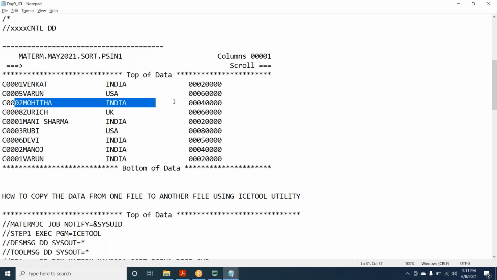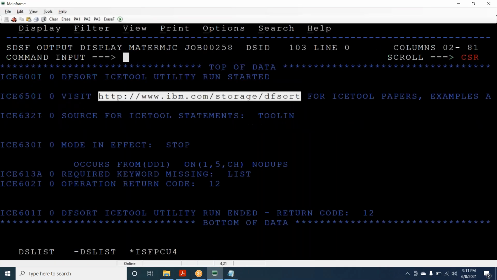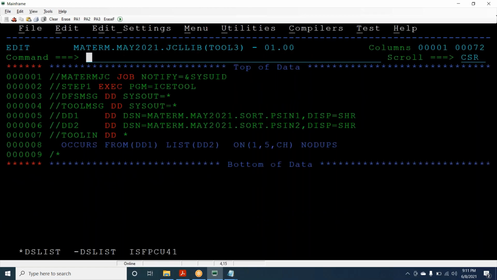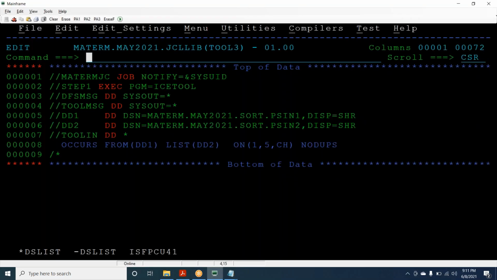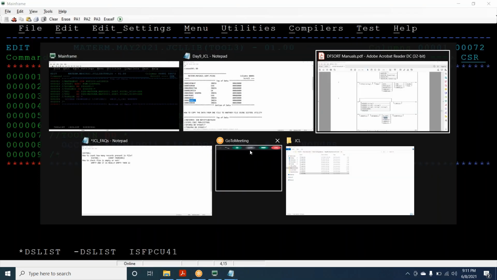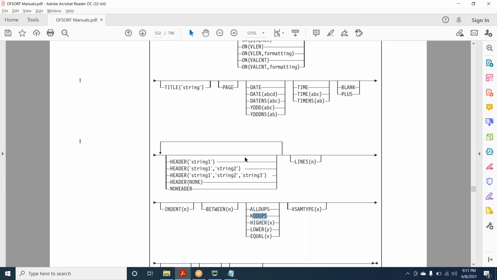Then 2 also is occurring twice, here Mohita and Manoj. It got ignored. The rest of them occur only once. So NODUPS means which doesn't have more than one occurrence. Only that is copied. So we can use LIST to do that. We can customize the report. If you want to write the header and all, we can do it. If you want to write only ALLDUPS, then also we can do it.